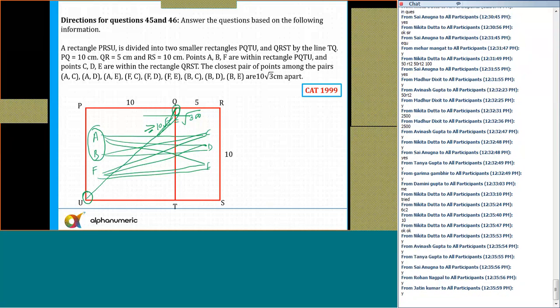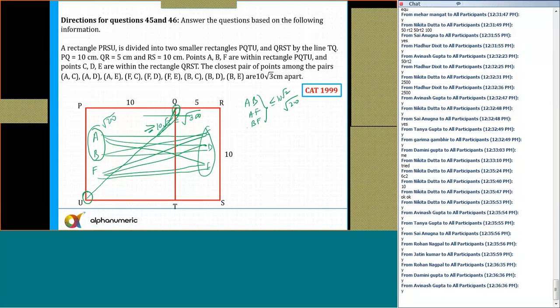That we'll see here. And what is the distance between any 2 points among C, D, and E? Because pairing from one rectangle to another rectangle, the minimum distance is 10 root 3. So if I'm talking about A, B, F, the maximum is 10 root 2, which is equal to root 200. Yes or no? Like the distance between A to B, or A to F, or B to F, all of them have to be less than or equal to 10 root 2, which is less than root 300. Is that point clear? Please tell me yes or no.